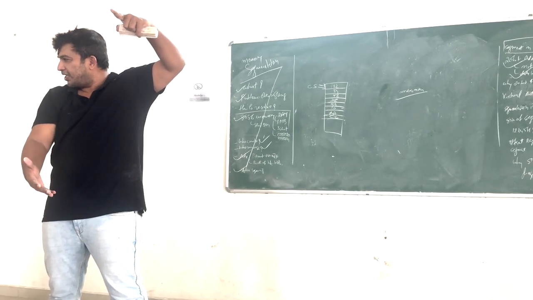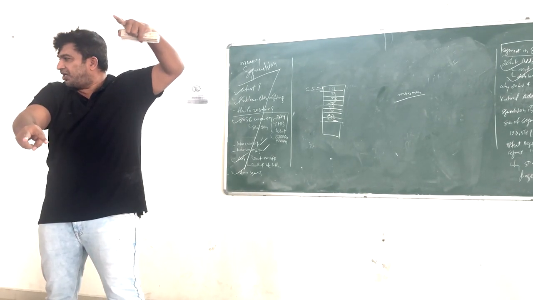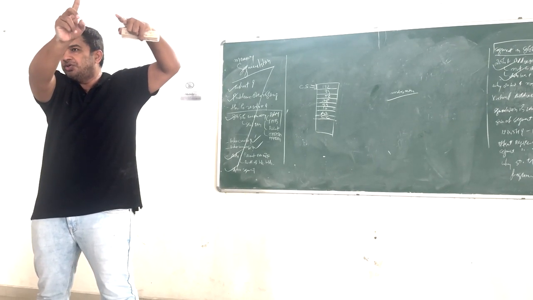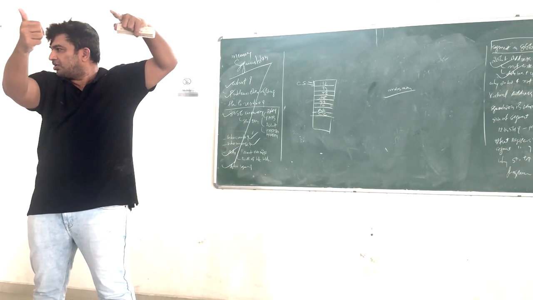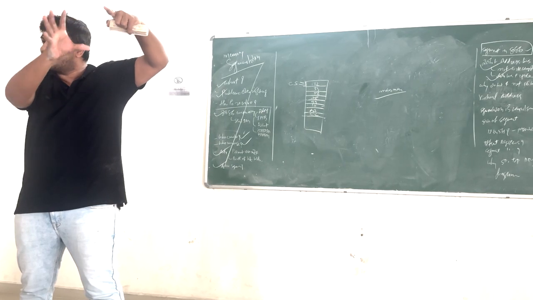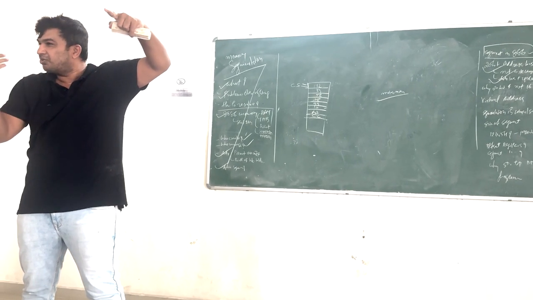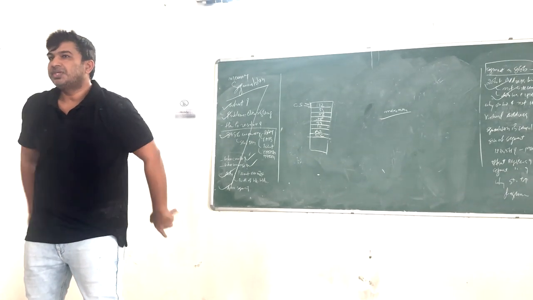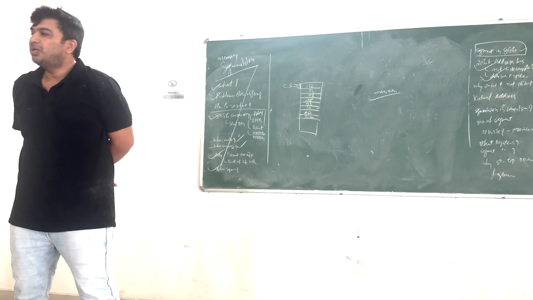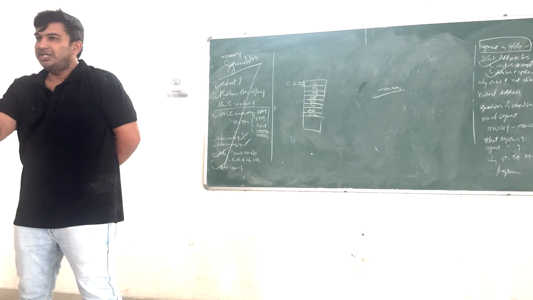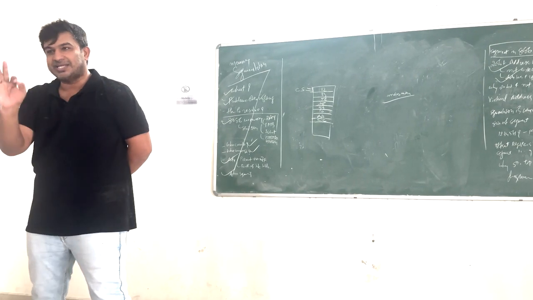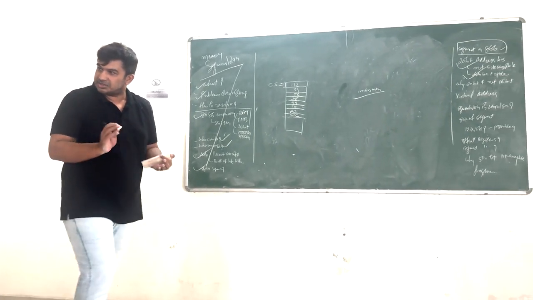The offset address. If the offset address is 16 bits, what is the minimum number you can access using it? 0000. What is the maximum number you can go to? FFFF. So a total of 16 bits can change at maximum. What is 2 raised to 16? 2 raised to 6 into 2 raised to 10. 2 raised to 6 is 64, and 2 raised to 10 is K. What that means is one segment can have a maximum size of 64K. Understand?